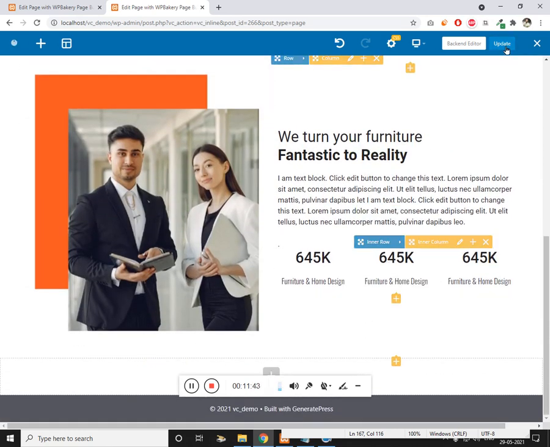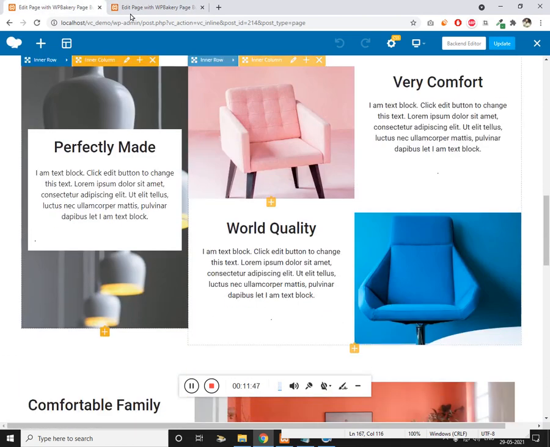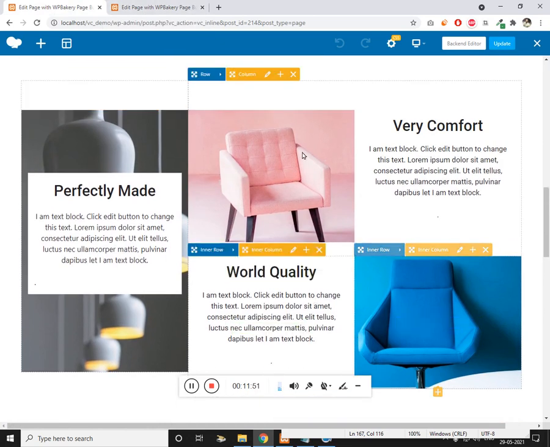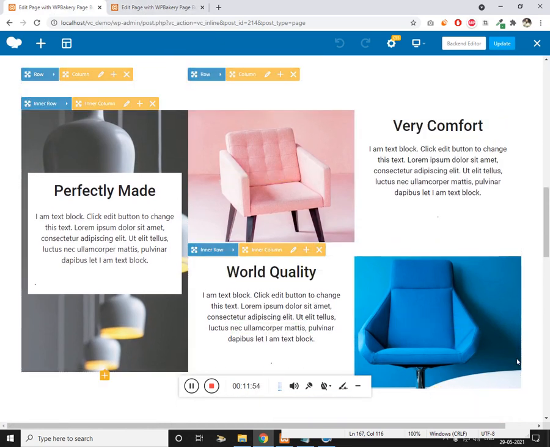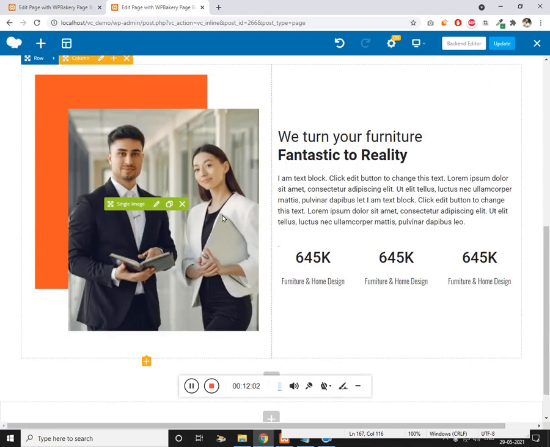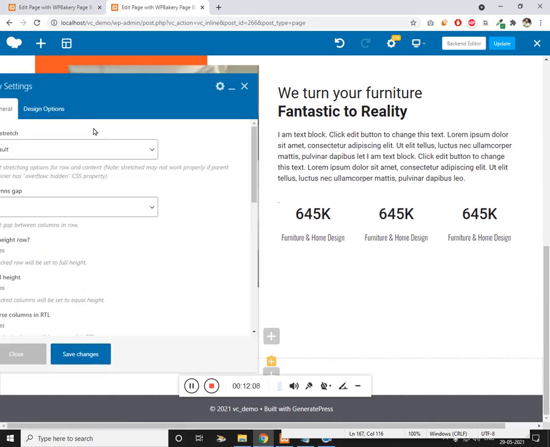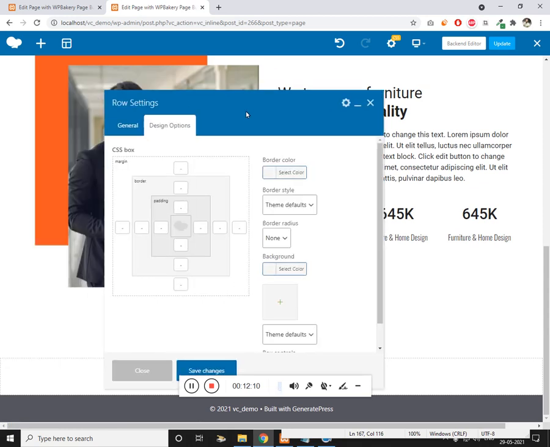Now let's work on the third section. Here it is going to be slightly complicated because you have to understand this is 60% and this is 40%. So for that we have to choose the column accordingly. So it does not come with predefined, we have to make it in such a way that, before that let me make this margin left and right 50 pixel. Click on save.